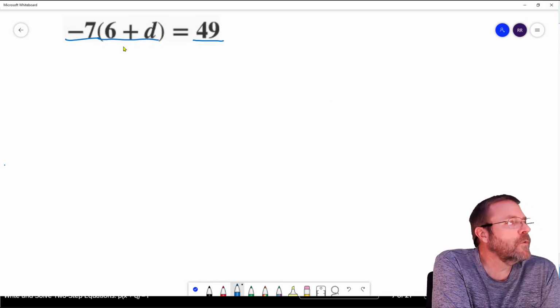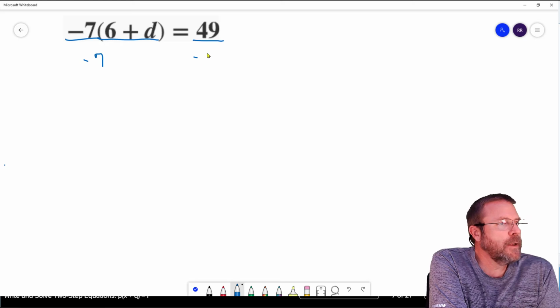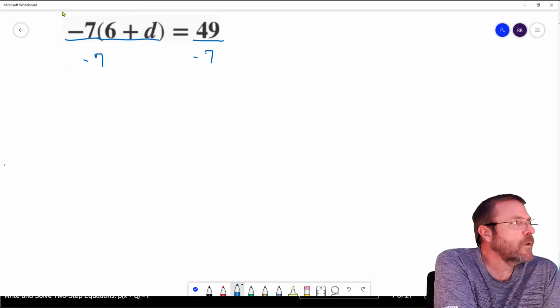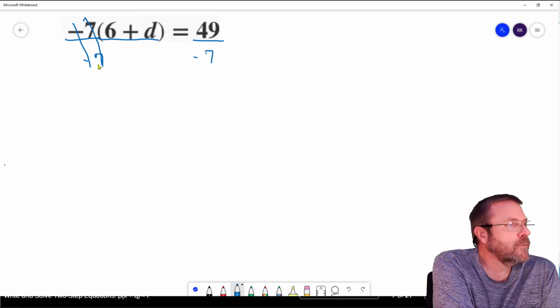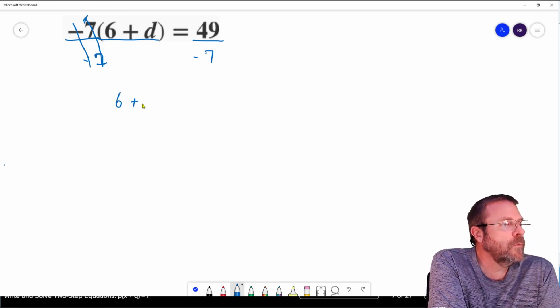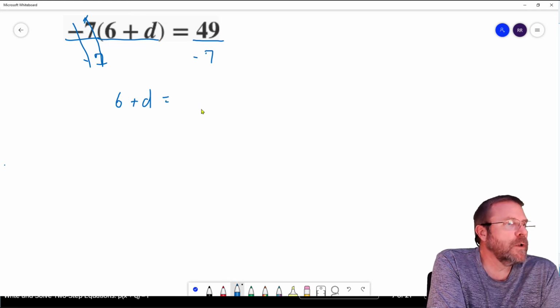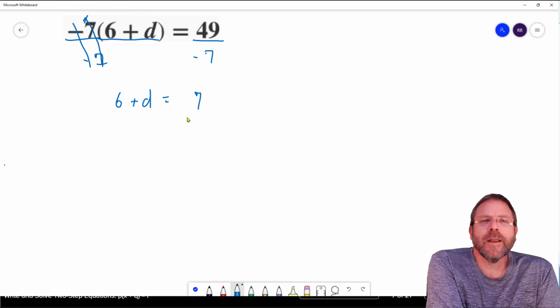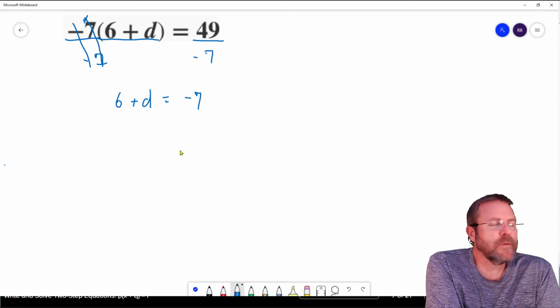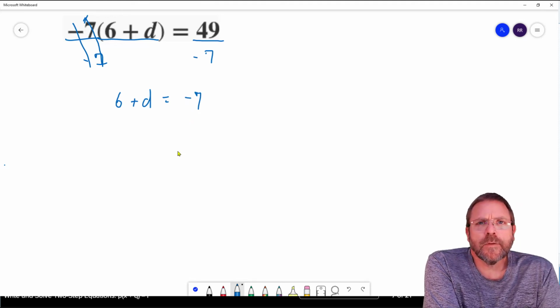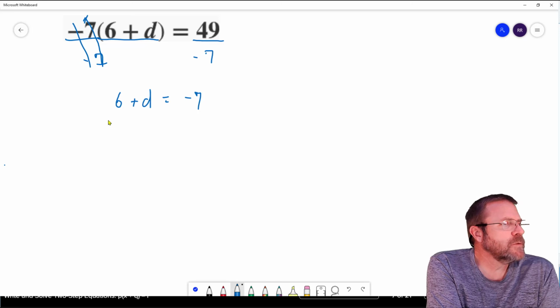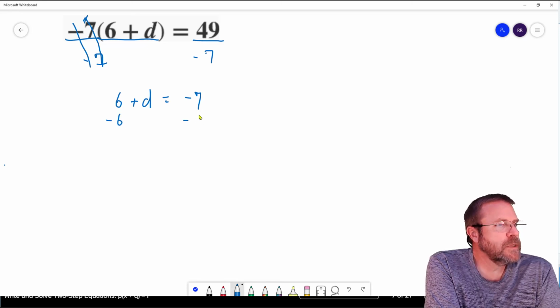I'm therefore going to start off by dividing by negative 7 on both sides. On the left, the negatives divide out, 7's divide out becoming 1, and 1 times the sum of 6 and d, well, that's just going to leave me with the sum of 6 and d. On the right-hand side, 49 divided by 7 is 7, and a positive divided by a negative is going to give me a negative. Next, I'm going to undo addition and subtraction by subtracting 6 from both sides, here and